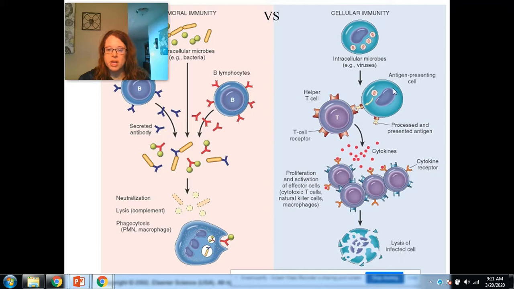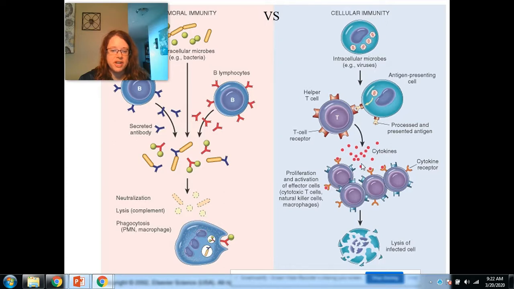So with your cell-mediated, you have the infected cell, and it's going to present an antigen. So basically, the antigen for this would be a part of that virus to a helper T cell. This cell-mediated is a little more complicated. So this helper T cell then is going to release this chemical called cytokines, and cytokines are